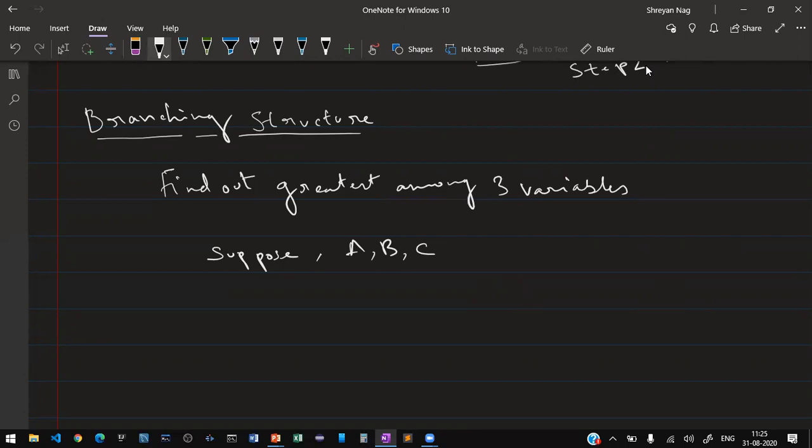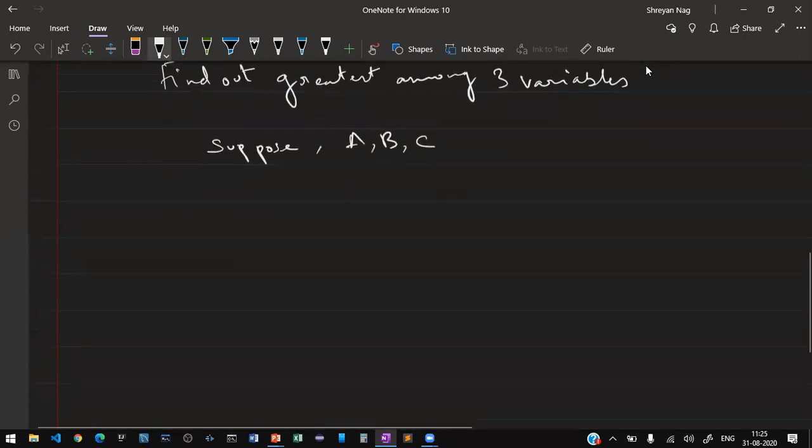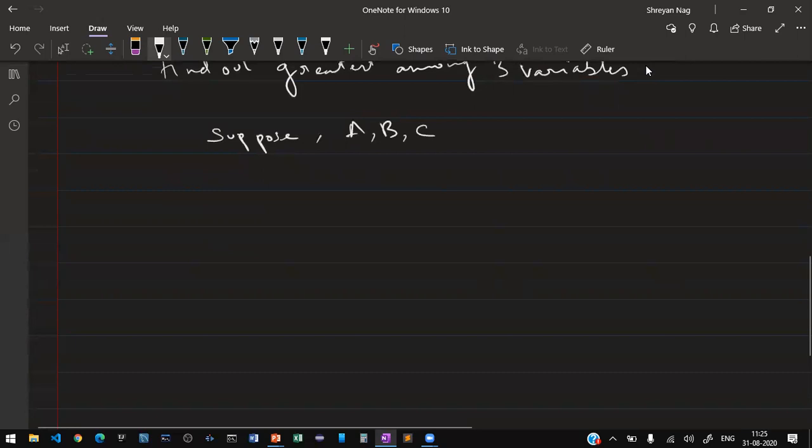So let us draw the branching structure. We have already learned from the previous chapters about algorithms and flowcharts and how to draw them, so we will apply the same concepts here. First, we write start.